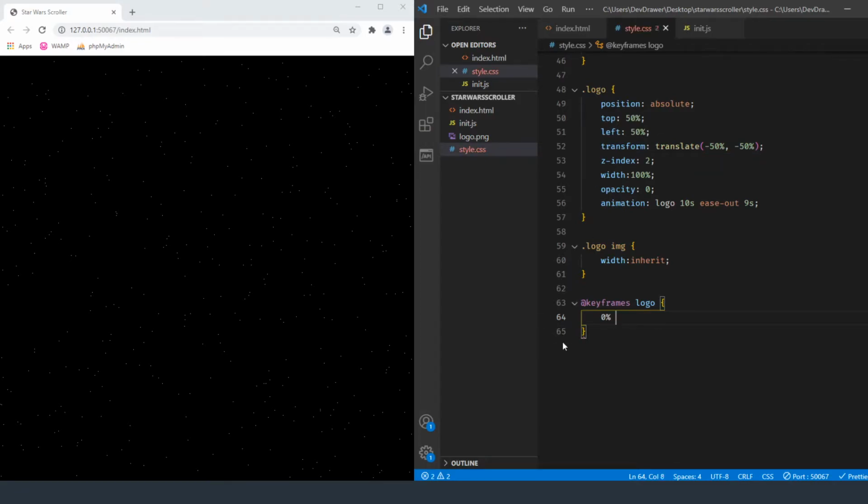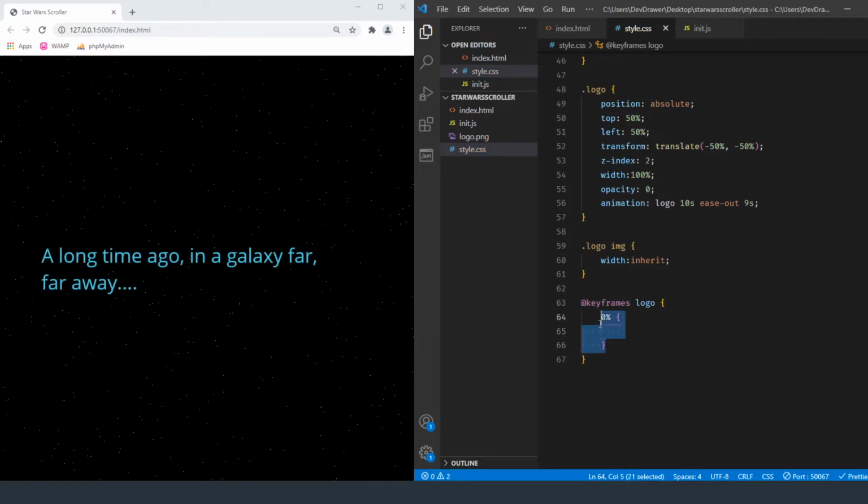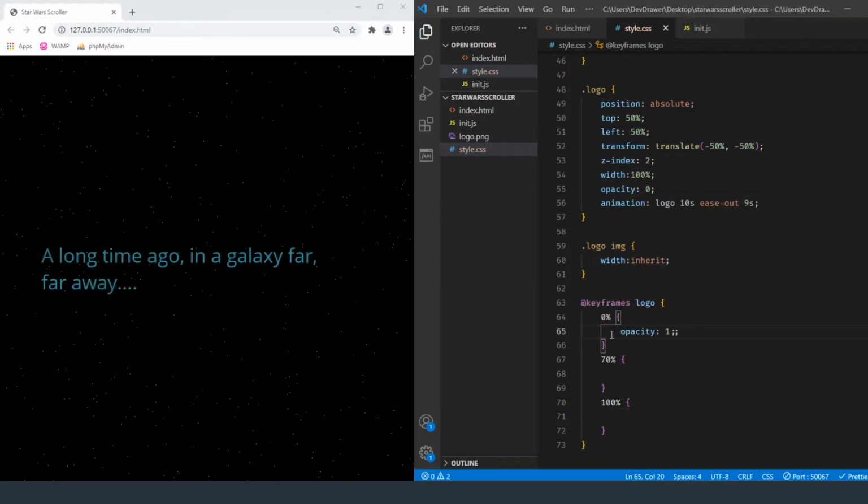So we got 0%, and I want to make it slow and then fast. So we're going to do 0, and then let's bring it to about 70%, and then drop another one at the end for 100%. And the opacity here is going to be 1.